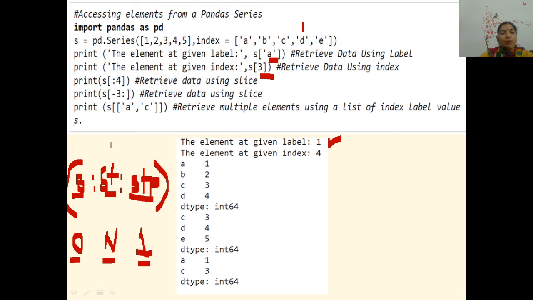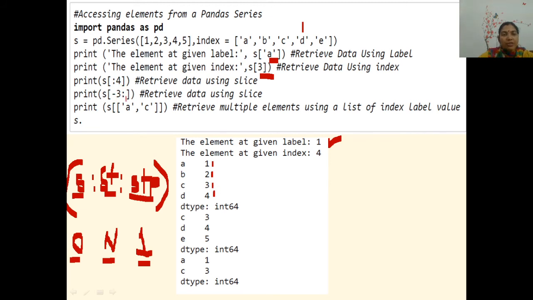Remember, the stop value is always excluded; it goes up to stop value minus 1. So 4 minus 1, up to 3 only the values will go. So 0, 1, 2, 3. This is 0 to 4.